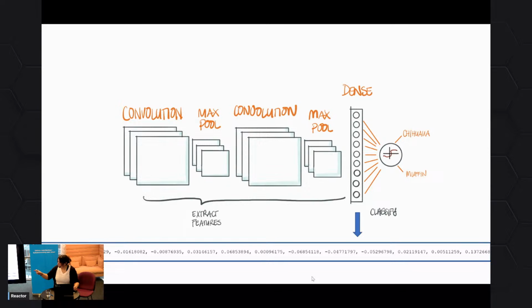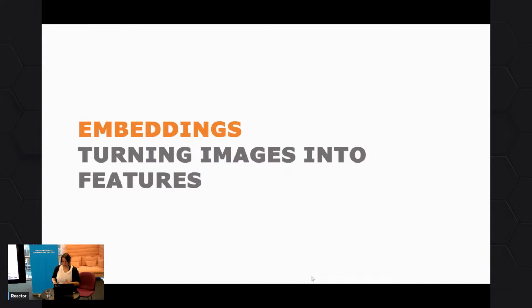But the layer that we get at the end, the one where we can determine if it's a Chihuahua or a muffin, that's called an embedding. An embedding is sort of like this array of numbers that tell you different features. So it's called an embedding or an intermediate representation, or maybe we can even call it a secret code that kind of classifies this image or what it might be.